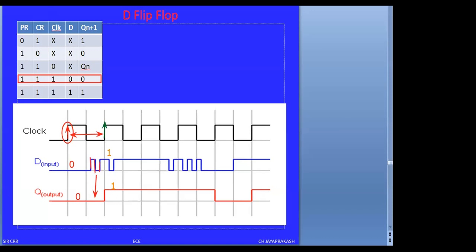Now within this interval, the second clock pulse, whatever the changes that are appearing across the d input, మళ్ళీ d ఏమైంది 1 నుంచి 0 కి చేంజ్ అయింది, 0 నుంచి 1 కి చేంజ్ అయింది. These changes will not reflect at the output. Therefore the output remains the same until this clock pulse. ఈ clock pulse అయ్యేంత వరకు కూడా the output is same. ఇక్కడ నుంచి ఈ డ్యూరేషన్ వరకు కూడా అవుట్పుట్ అనేది 1 లోనే రిమైన్ అయిపోయింది.